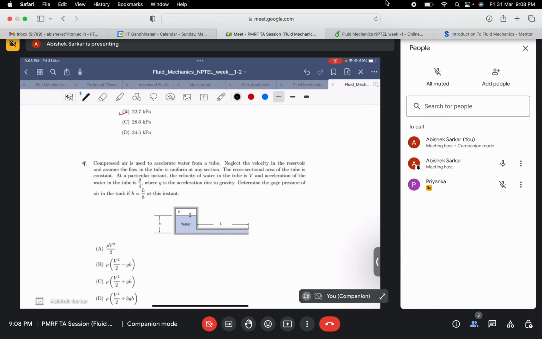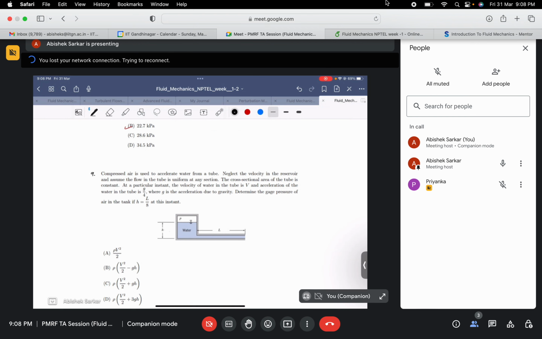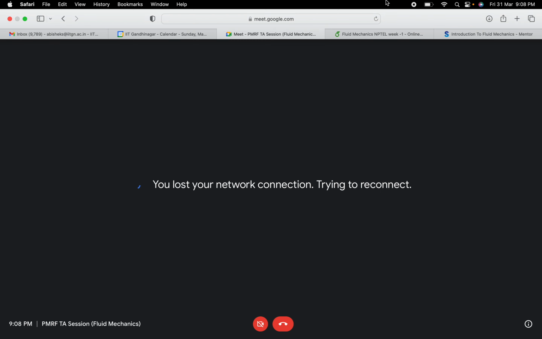Compressed air is used to accelerate water from a tube. Neglect the velocity in the reservoir and assume the flow in the tube is uniform at any section. The cross-sectional area of the tube is constant. At a particular instant, the velocity of water in the tube is v, and the acceleration of the water in the tube is g by 4, where g,